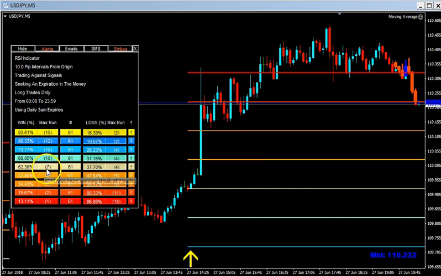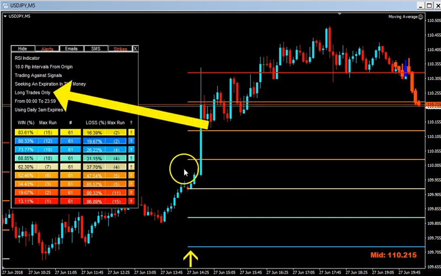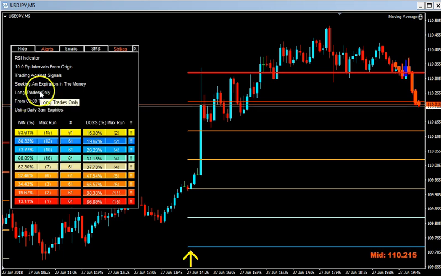We have had 7 consecutive wins in a row and 4 consecutive losses in a row over the past 61 signals. Now, based upon nothing else and everything else being identical, this little arrow right here is pointing to long only trades. We're not looking at any short trades at all, and you can see it right here, long trades only.